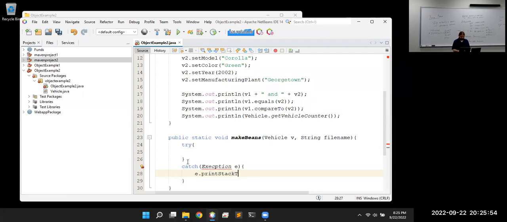Tag trace. What's wrong with the exception? Did I spell that wrong? So